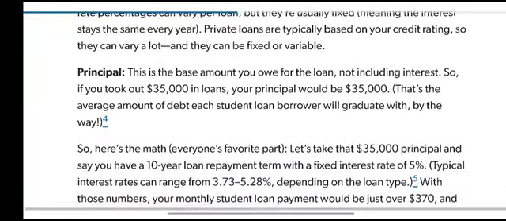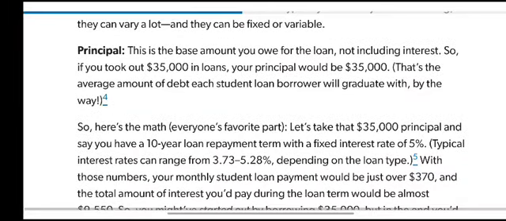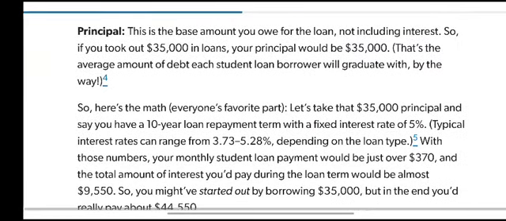So here's the math, everyone's favorite part. Let's take that $35,000 principal and say you have a 10-year loan repayment term with a fixed interest rate of 5%. Typically, interest rates can average from 3.75 to 5.28% depending on the loan type. With those numbers, your monthly student loan payments would be just over $370,